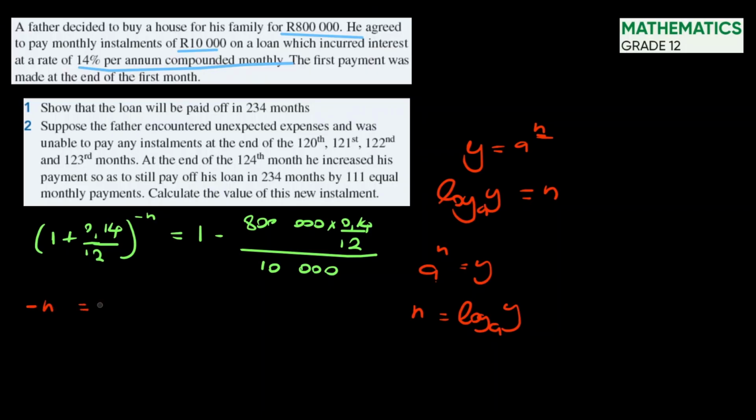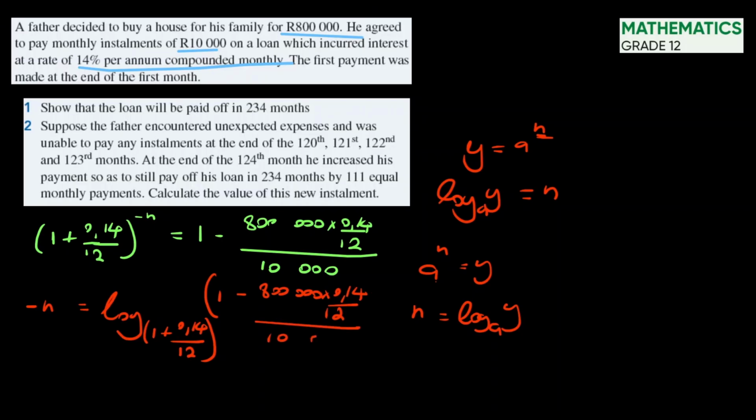Minus n will be equal to log the base is 1 plus 0.14 over 12, of 1 minus 800,000 times 0.14 over 12, all divided by 10,000. And n will be equal to, when I punch everything into the calculator, I get a value of negative